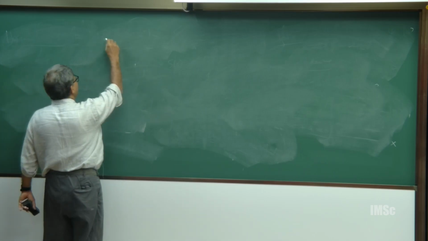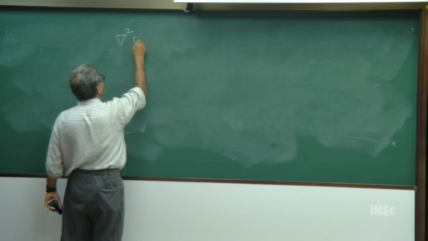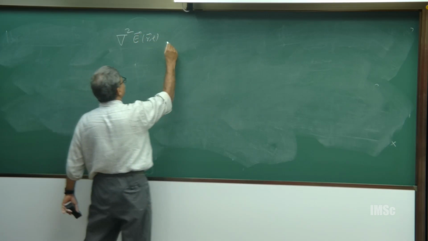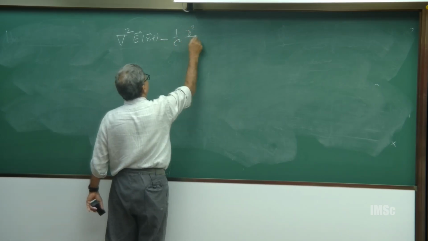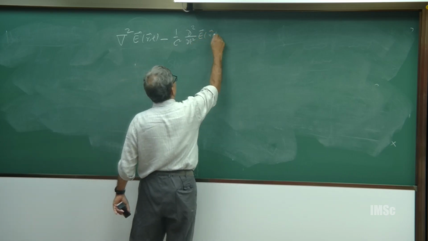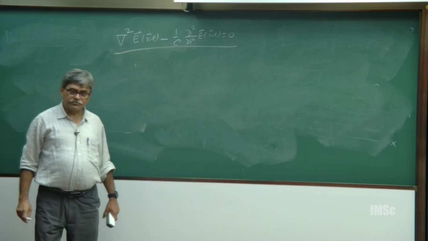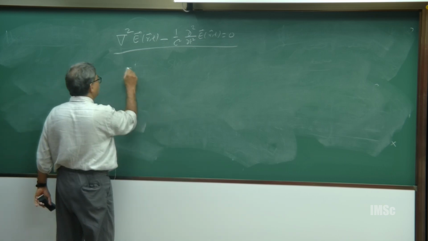So, if I look at, this we discussed last time also, the wave equation for the electromagnetic field: 1 upon c squared, del squared by del t squared of E of r, t is equal to 0, right. This is the standard wave equation. Now, as a solution of this,